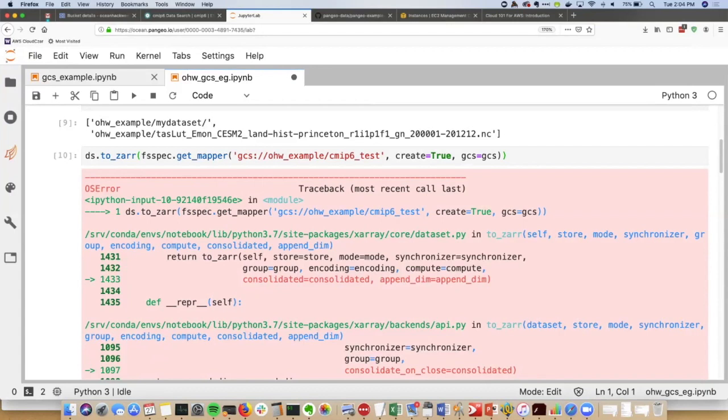And that's how you can manage a lot of the security protocols. Because if you see this, I made this bucket public, but I can't actually write to it because I don't have sufficient permissions. So for those of you thinking about private data, these are things the cloud providers have put in place for you to be able to control access. And so the way around it, I think, is to